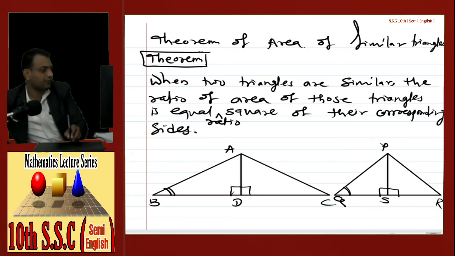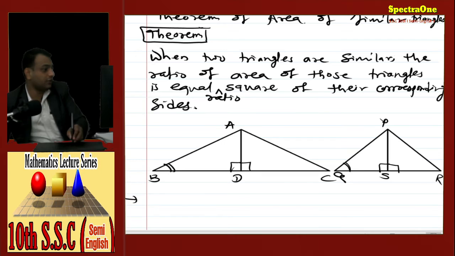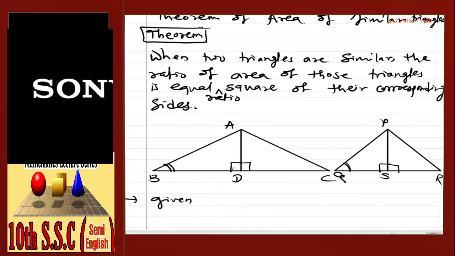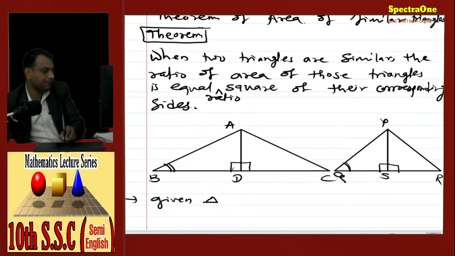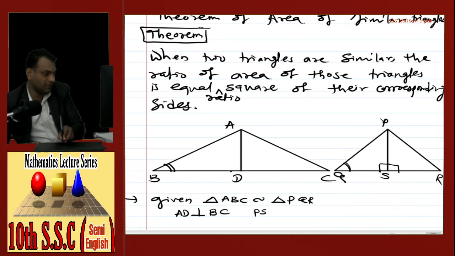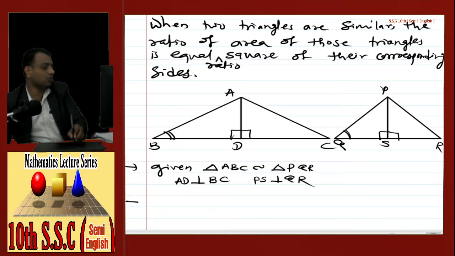Now, according to the theorem, triangle ABC is similar to triangle PQR. AD is perpendicular to BC and PS is perpendicular to QR. And we have to prove that